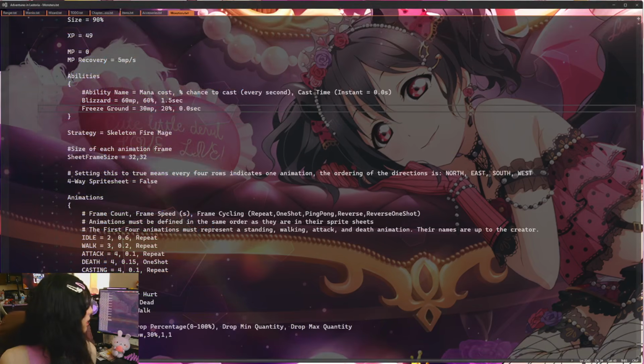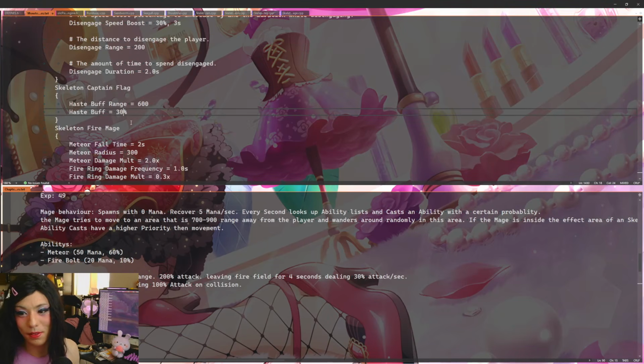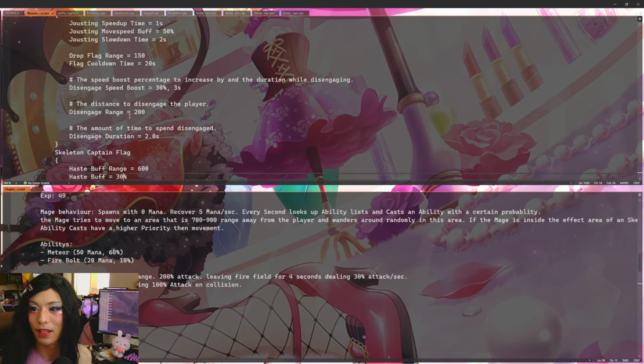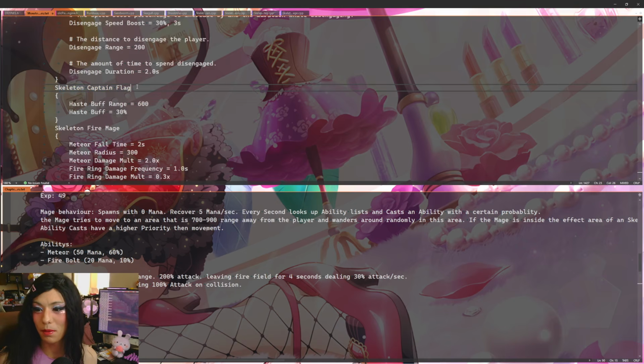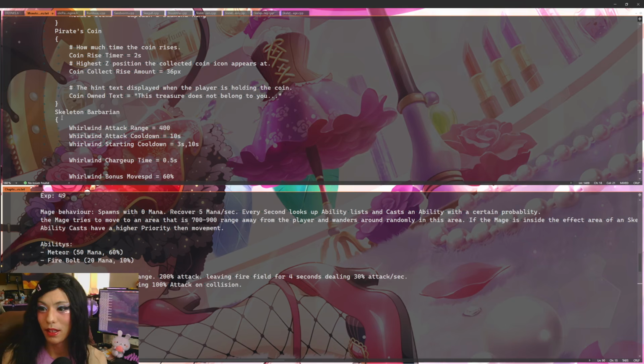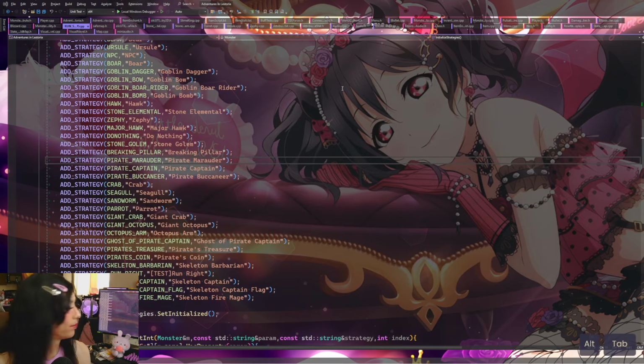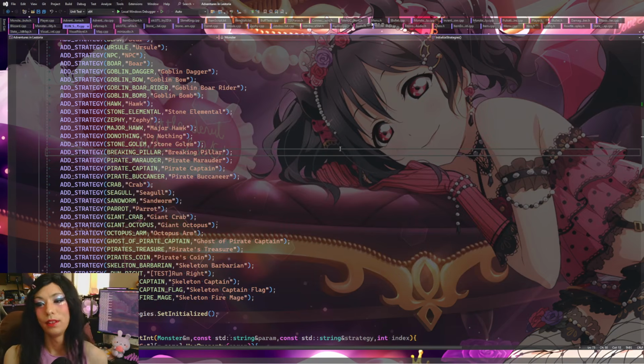monsterstrategies.txt. Where are you? Oh, it's right here. I just have a split view right now. But yeah, it's used to determine which of the AI scripts in the game link to what configuration variables. So that's nice. All right, so on top of that, we have to actually implement the monster spells system still,